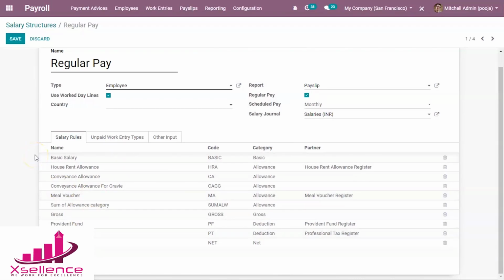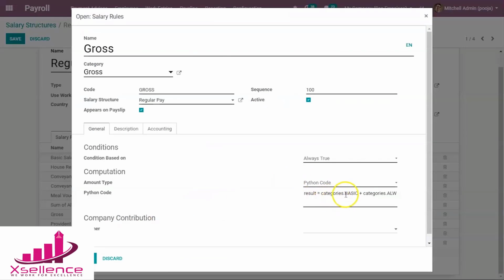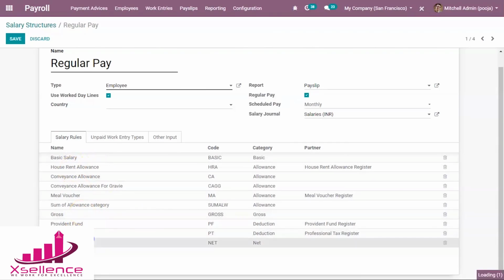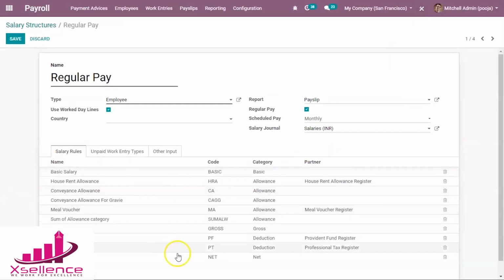The rules can be basic salary, allowances, deductions, and some other things like leaves, or fund, something else. So according to this we calculate the net salary, and you can see the gross is a result of the sum of basic salary plus all the allowances. So these allowances and base salary are added together and gross can be calculated. And if you go to net salary, you can see basic plus allowances plus deduction. Deduction can be negative, like it is a deduction, so it will be negative. So these are the salary rules.